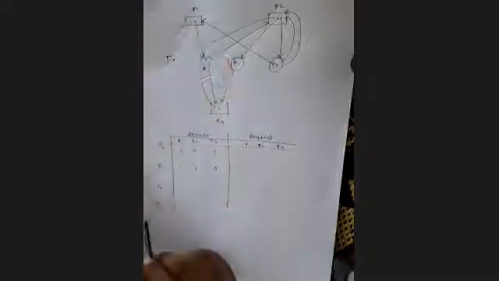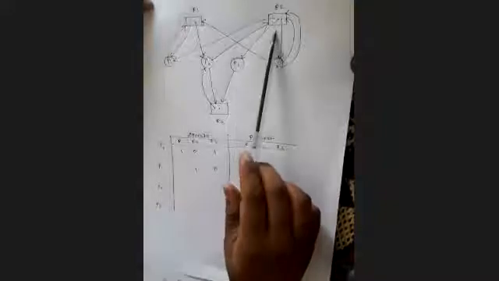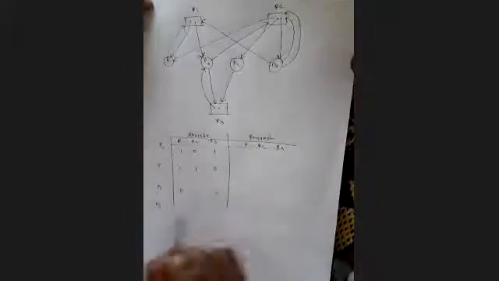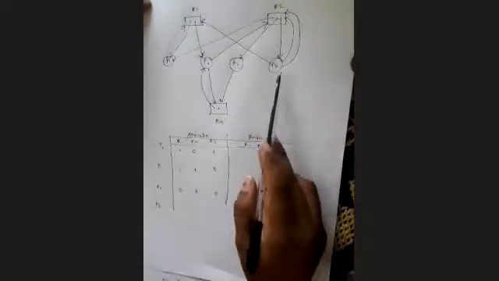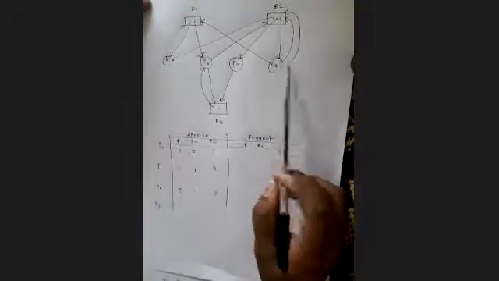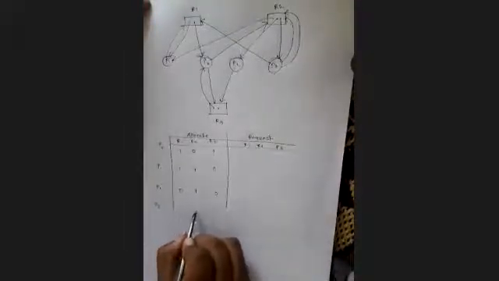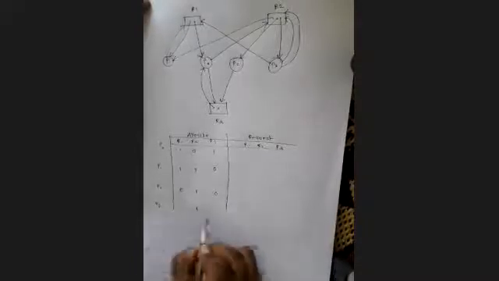Then check for p2. There is only one instance which is coming. Incoming arrow is only one for p2. So we can say which one is there for it, r2 is there. So simply we can write 0 0 for the other resources and 1 for the r2. Then check for p3. We have only one which is incoming. From which it is incoming, r2. So one of the instance from the r2 is allocated to the p3. So 1 0 0, right?